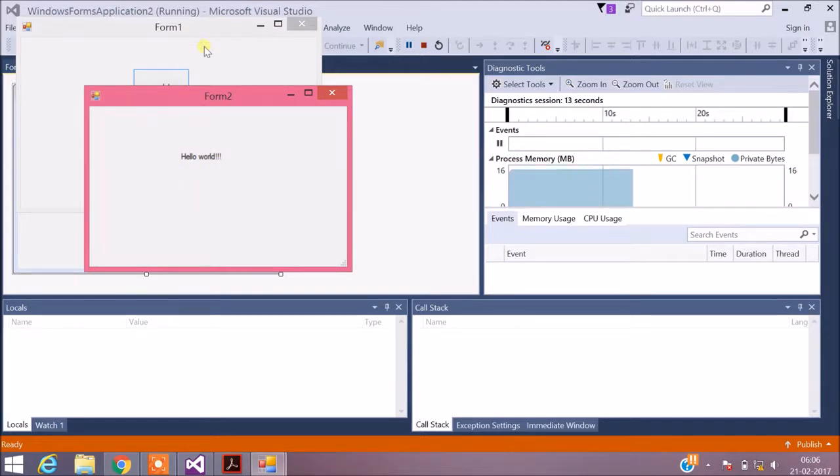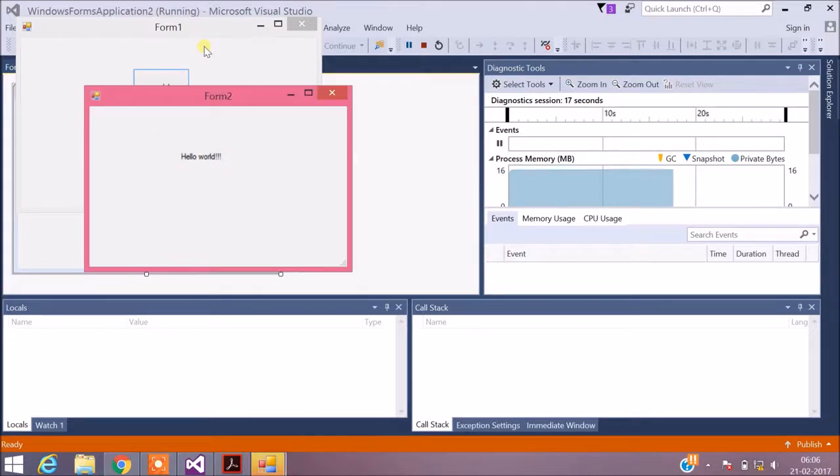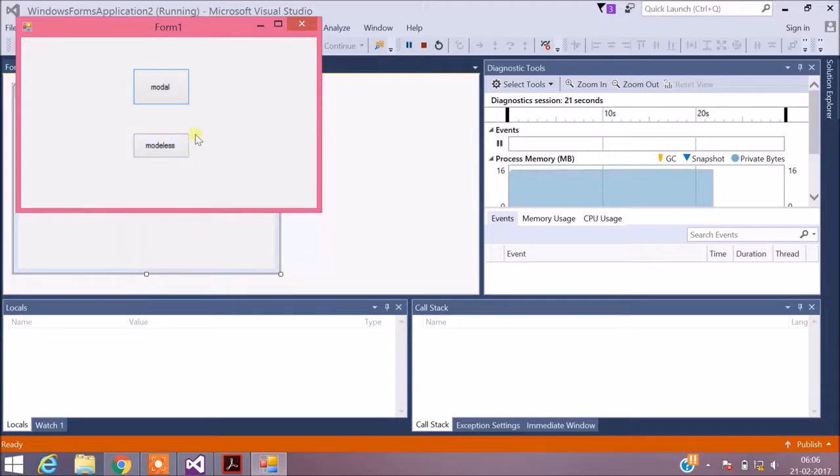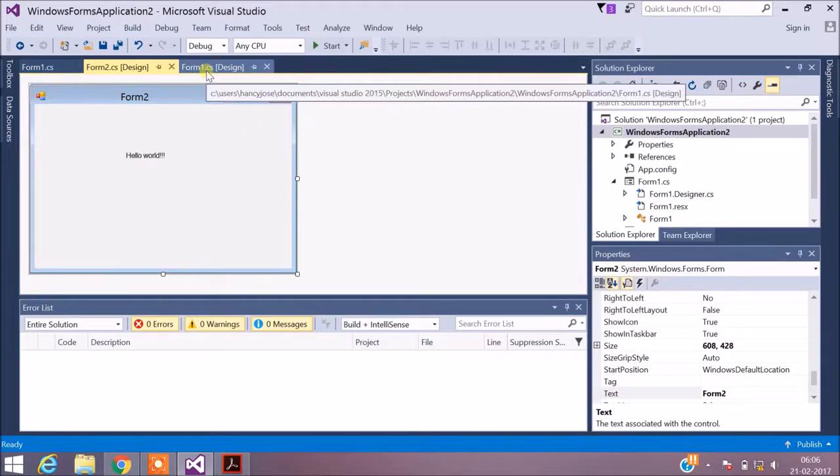And without closing the second form, I'm not going to be able to access the first form. Only when I close the second form will I be able to access the first form. Now let's see the coding for modeless. In case of modeless, you will be able to access the parent as well as the child forms simultaneously.